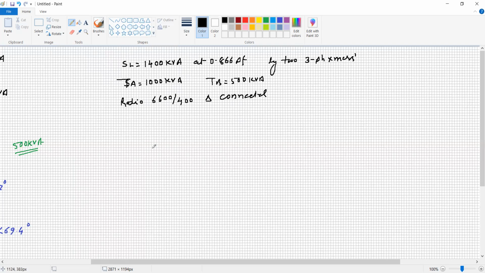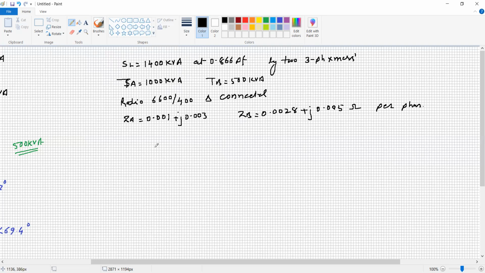If the equivalent secondary impedances are ZA equal to 0.001 plus j0.003 and ZB equal to 0.0028 plus j0.005 ohm respectively per phase. Definitely it is per phase. Every calculation, even in the three-phase transformer, is a per phase calculation, so the formula will remain the same. Calculate the load and power factor of each transformer.